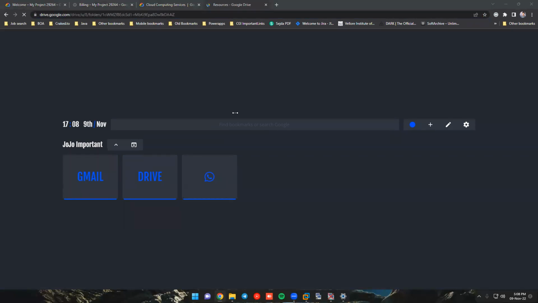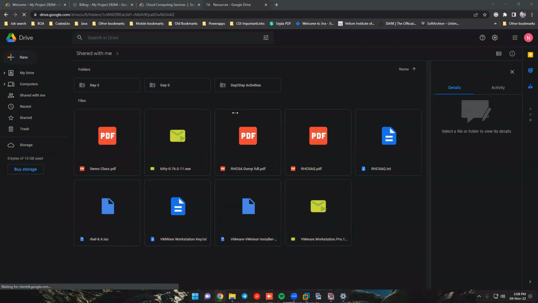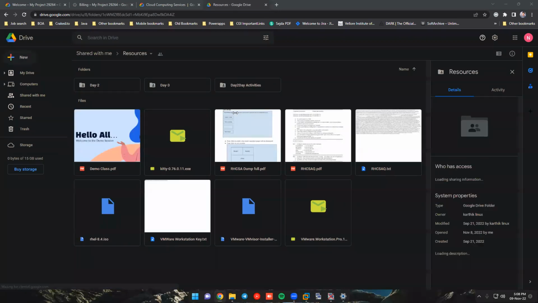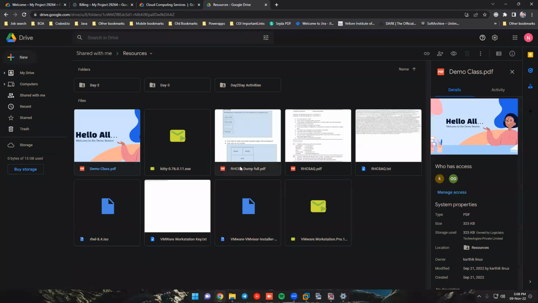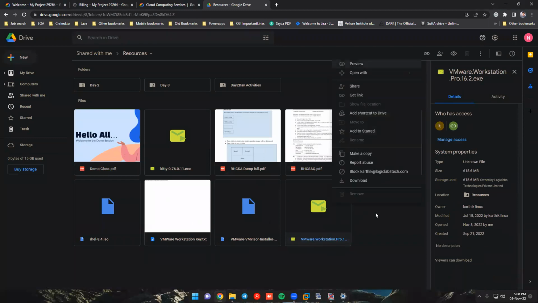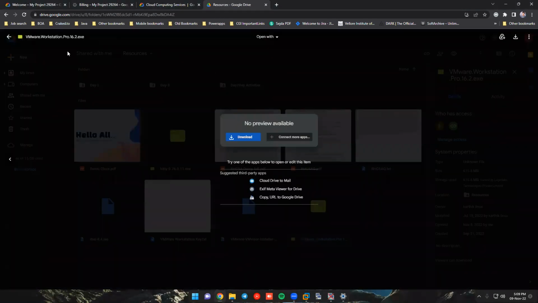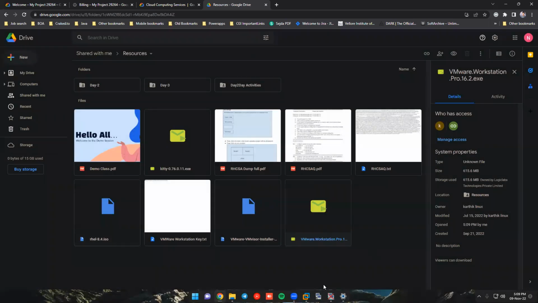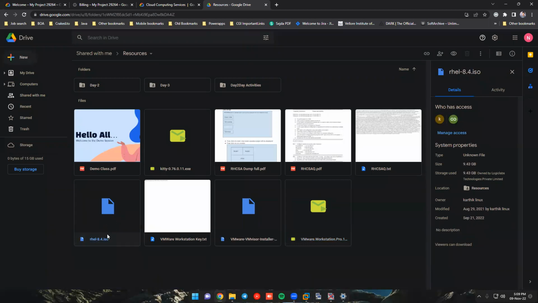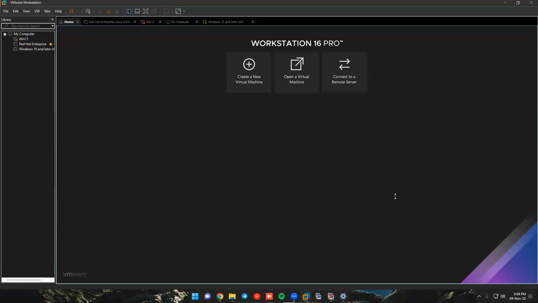Not only VMware, most of the resources needed for this course would be here: the PPT, the question paper, and this VMware Workstation file. You can find the file named VMware Workstation Pro. This is the one you must download and install. I'll be showing you how to install that and install an ISO like RHEL 8. I already installed VMware Workstation, so for the people who don't know,